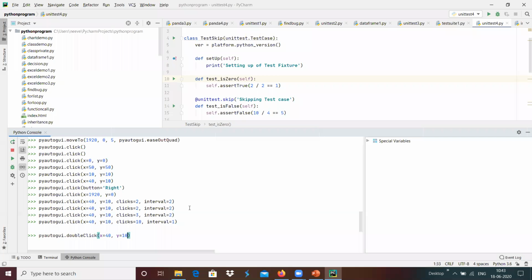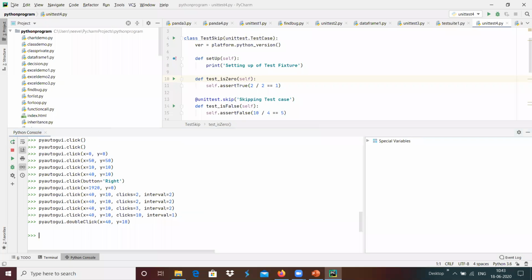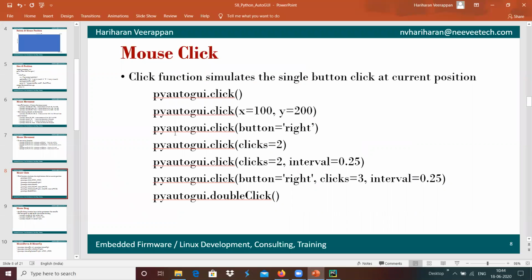Then double click events are generated, and the menu comes and goes in the case of a double click. The same way we can do similar automations with PyAutoGUI, as we have seen with the mouse movements.